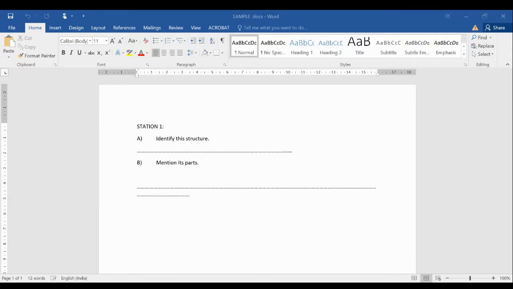So any doubts here? The first question will be identification. Okay, most of the time the first question will be identification of the particular picture or any diagram. The second question, or question B, will be about the theory part. Anything we can ask. What is the structure? What are the relations of the trachea? Okay, like that. Or if you identify what is the structure, identify the heart.